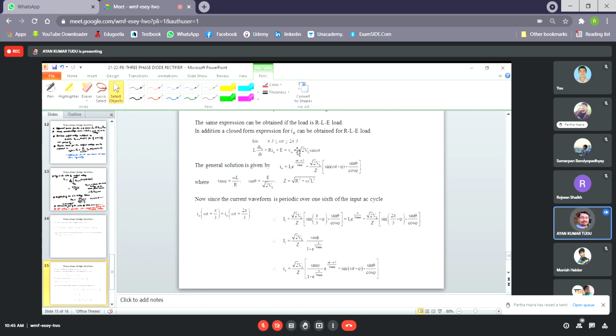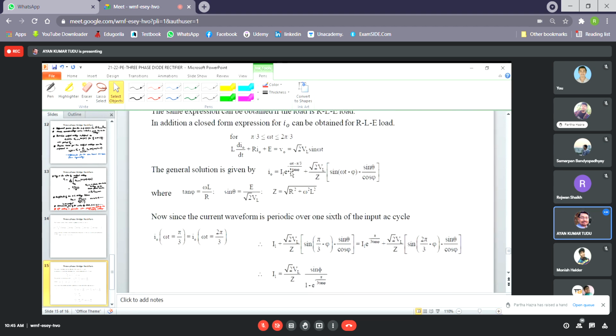So for pi by 3 less than or equal to omega t less than or equal to 2 pi by 3, for an RLE load, we can write L di0 by dt plus R i0 plus E equal to V0, which is equal to root over 2 into VL sine omega t. So the general solution can be found out as I0 equal to I1 into e to the power minus (omega t minus pi by 3) by tan phi